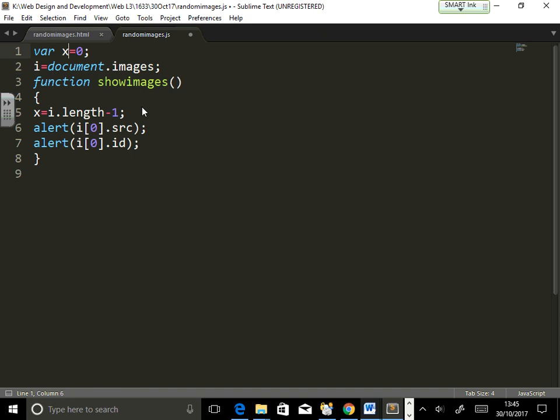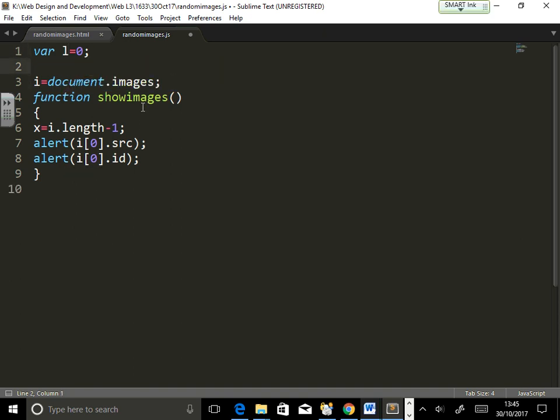Okay. This is length and variable x. This is till what number I need to go. I need to go from 0 to 4. Does that make sense? Because I can only go from 0 to 4. I can't go to the 5th element. Yeah. Now in here,